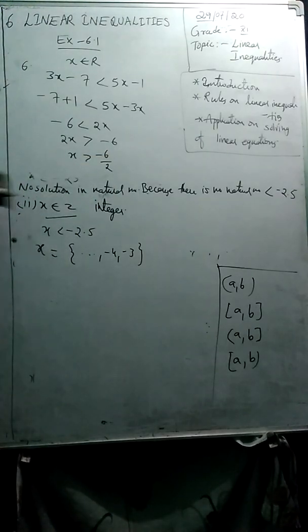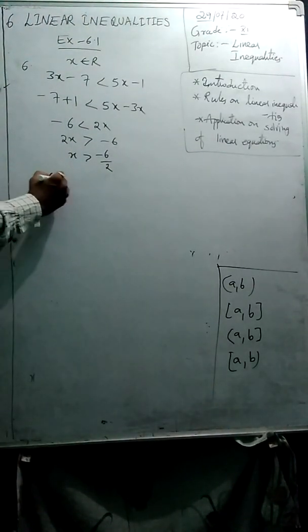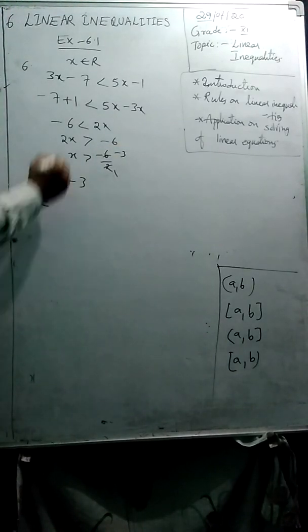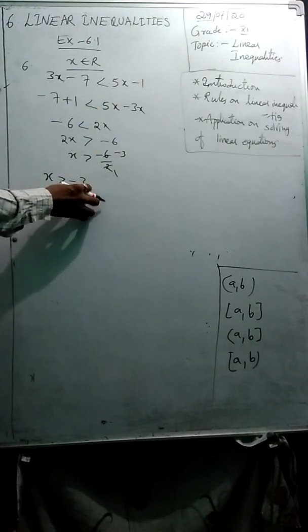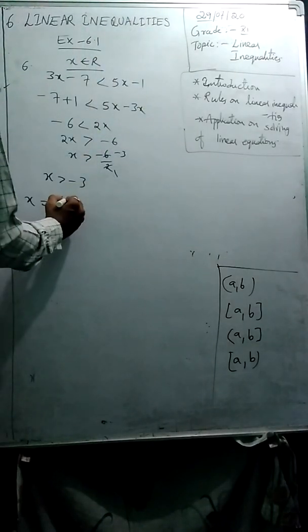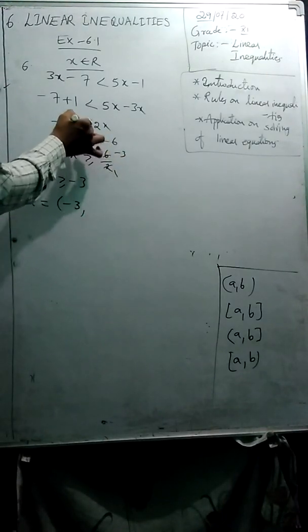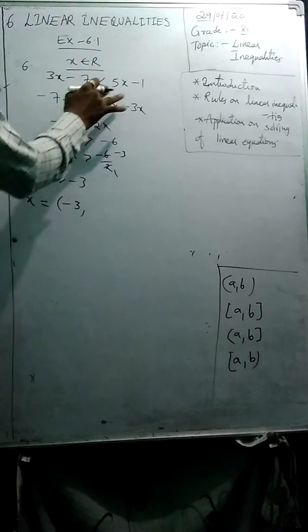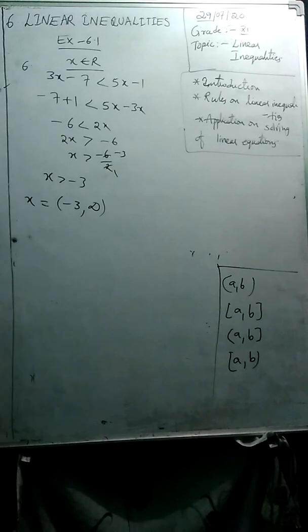So x is greater than -3. Here the real number set is given. So x will take values greater than -3, I mean it takes even all positive numbers. It starts with -3, but -3 is not included. If we had greater than or equal to, we would take a closed interval, but it is not there, so we take an open interval. So x will take all the values between -3 and plus infinity.